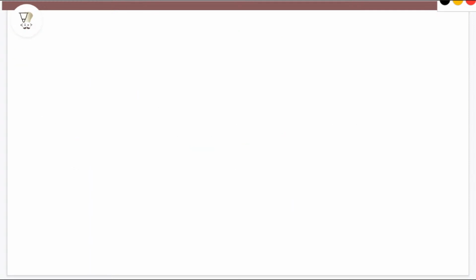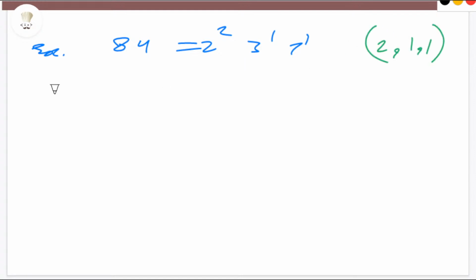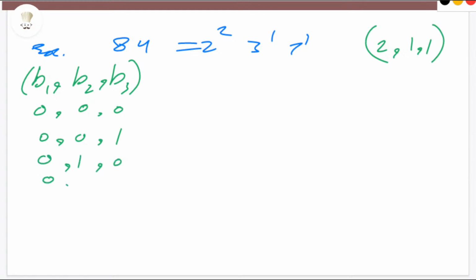Right, here let us take the example 84, which is 2 squared times 3 times 7, right? So a1, a2, a3 is 2 comma 1 comma 1 here. So what can we write as b1, b2, b3? There can be 3 into 2 into 2 possible sets of b1, b2, b3. How many tuples b1, b2, b3 can we have? There will be 3 into 2 into 2 tuples, namely 0 comma 0 comma 0, 0 comma 0 comma 1, 0 comma 1 comma 0, 0 comma 1 comma 1, 1 comma 0 comma 0, 1 comma 0 comma 1, 1 comma 1 comma 0, 1 comma 1 comma 1,